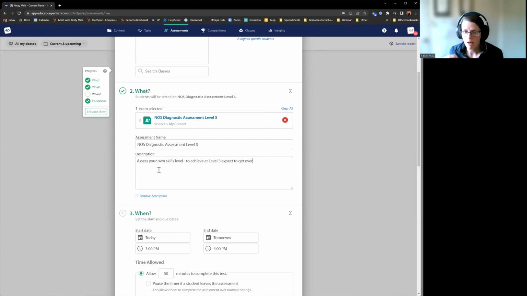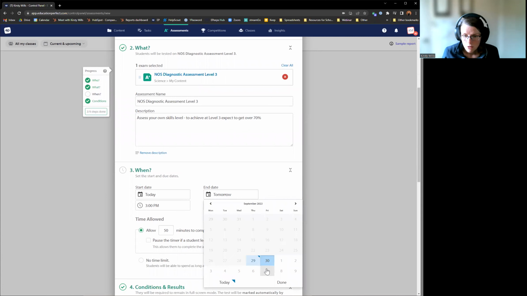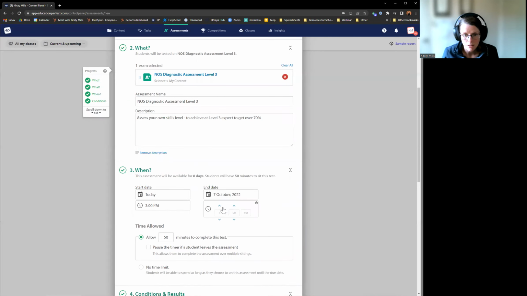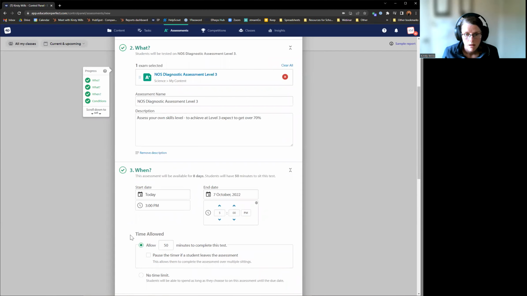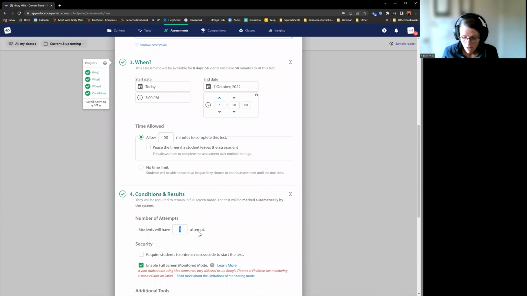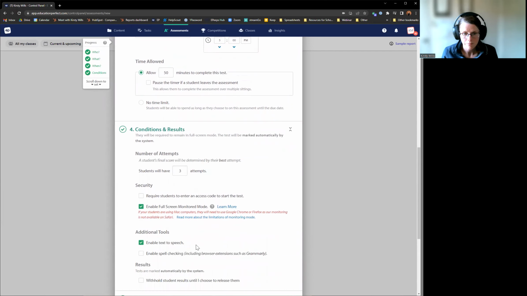So I would probably recommend maybe 70 or 80%. That will really be around how your school is deciding those limits and those factors. That is not for me to say how to do that, but I'm going to put 70% because that would be a marker I might normally use. I'm going to open it up probably for like a week, give students a week to really go in and out and decide for themselves. I'll keep the time limit on there, but I might give them a few attempts